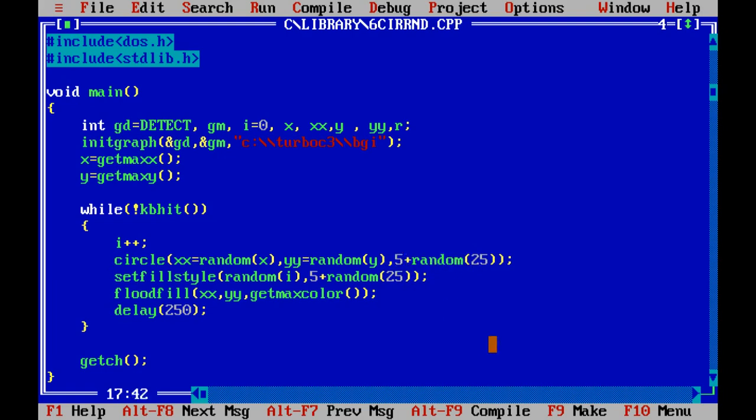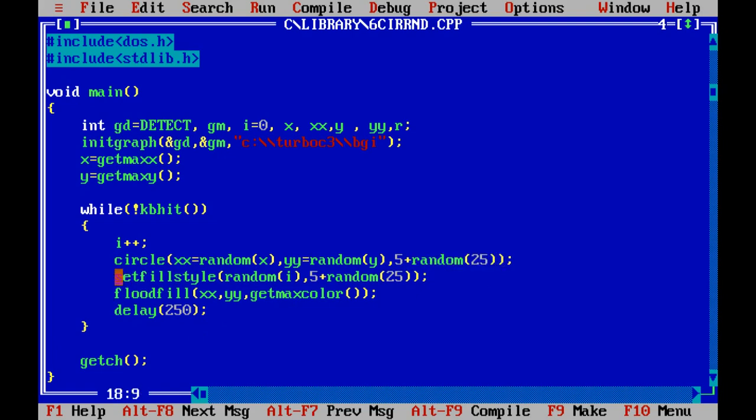That means in no case will a circle have 0 radius. The minimum circle will be of radius 5. Correct? And the maximum circle has radius 5 plus 24, that means 29 units, because this function generates a maximum value of 24.